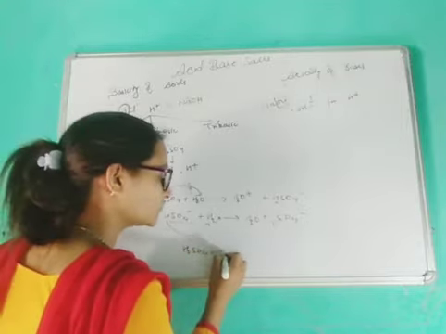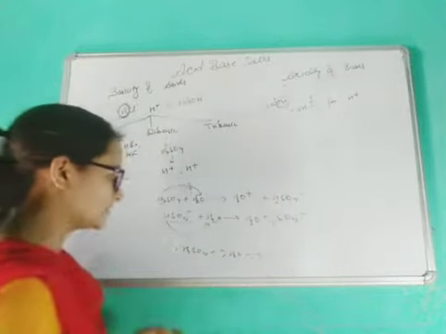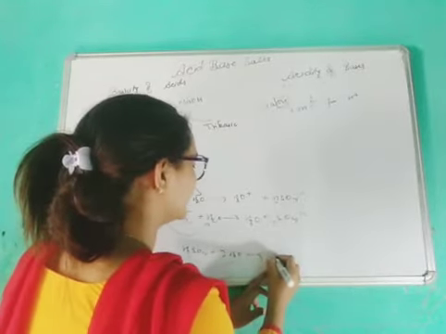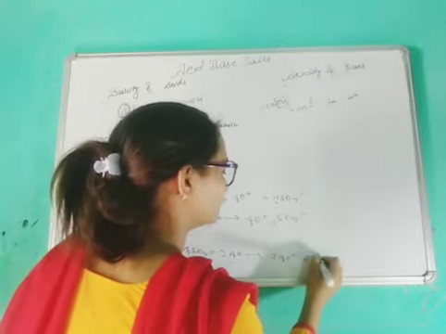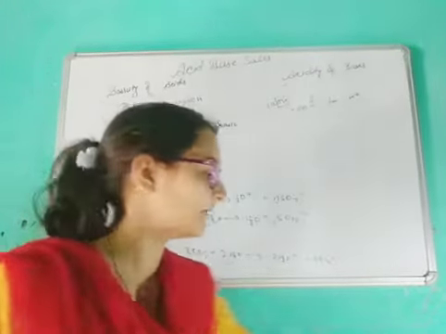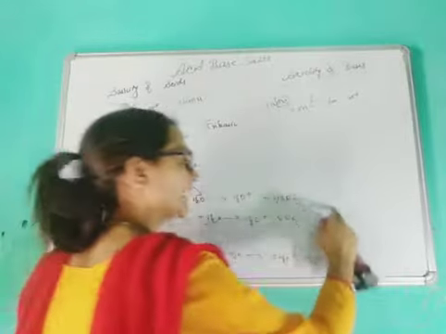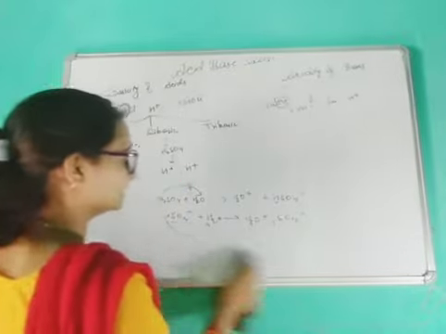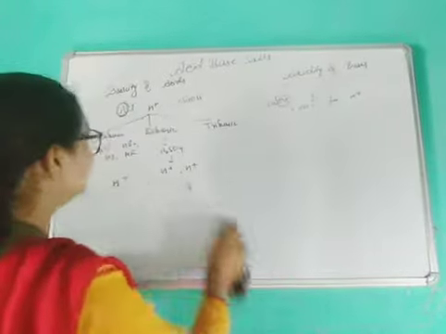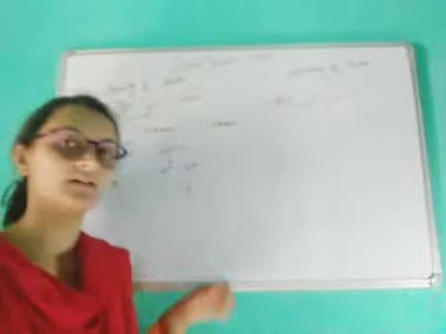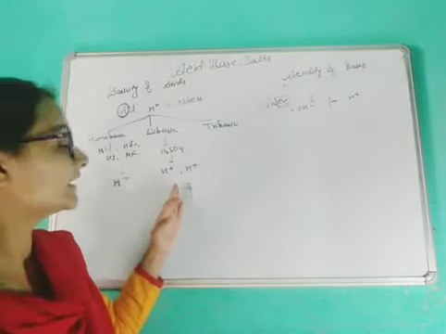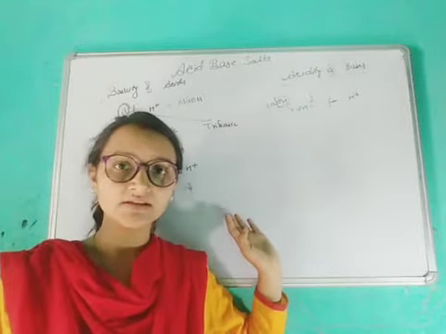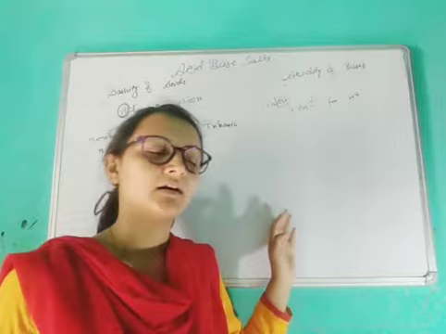But you can do it directly as well. H2SO4 plus 2 molecules of H2O. Directly 2 hydrogens will transfer and it will form 2 molecules of H3O positive plus SO4 negative. I hope you are getting me. But the reactions in the laboratory occur in this way. So that's why we say that in the basicity of acids, the dibasic acids dissociate in two steps. They will combine with water in two steps.